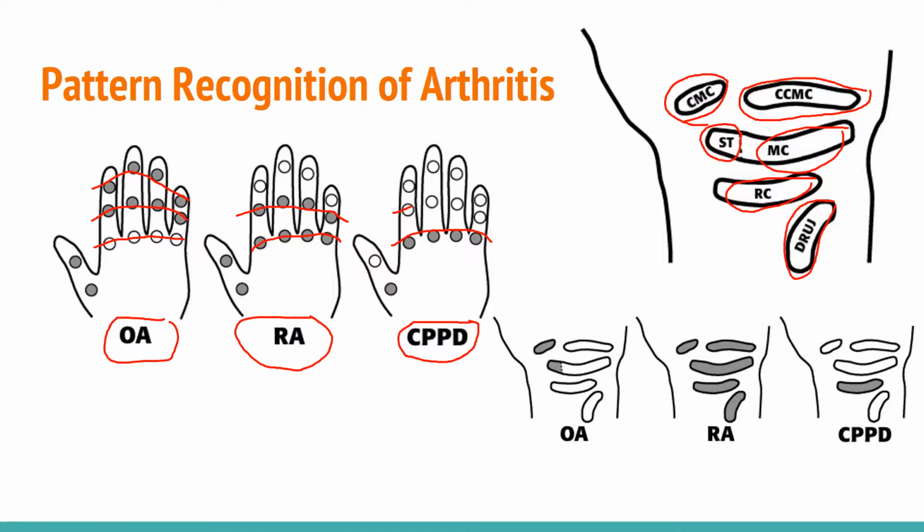Based on these regions, you can see different involvements depending on the type of arthritis. With osteoarthritis, you see involvement of the first carpometacarpal junction and the scaphotrapezial region. With rheumatoid arthritis, you see more diffuse involvement, and with pseudogout or calcium pyrophosphate deposition disease, you see involvement of the